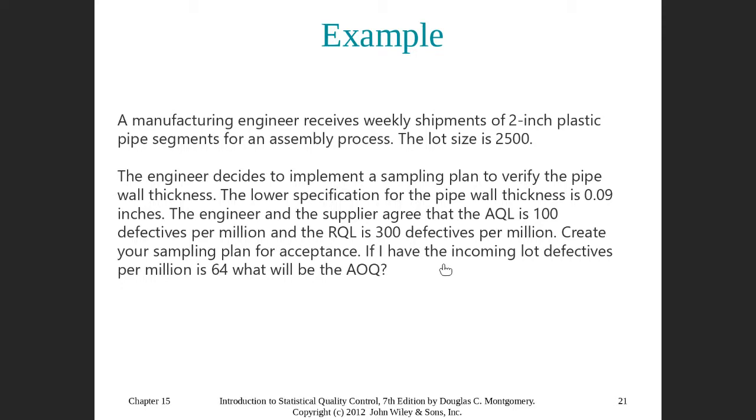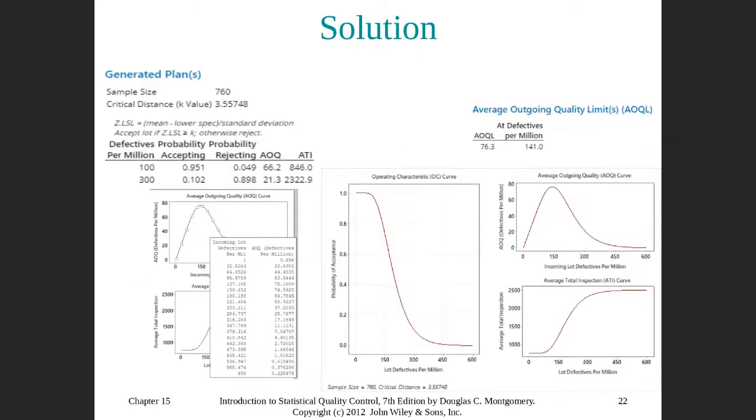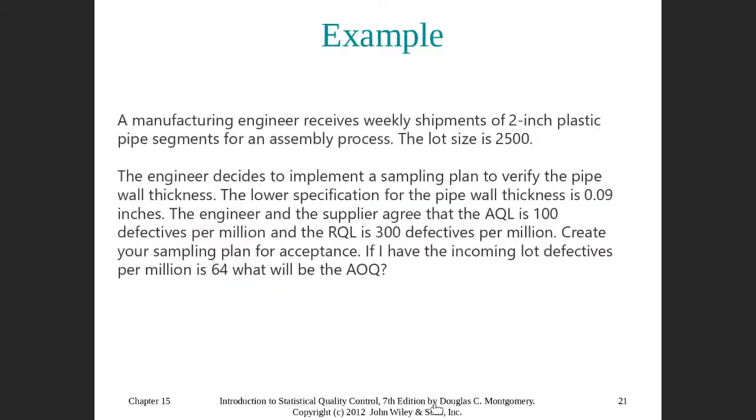If I have a certain number of defectives, what will be the average outgoing quality, or what will be the probability of acceptance? It could be either of these types of questions. Let's see the results. The results will look the same as I have explained previously. The difference here is that it is asking about the average outgoing quality, which is this figure here, the AOQ curve, and he wants you to find the AOQ